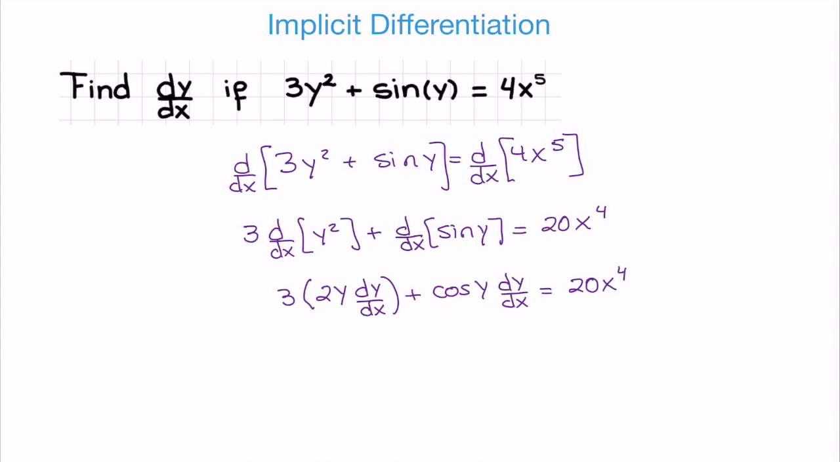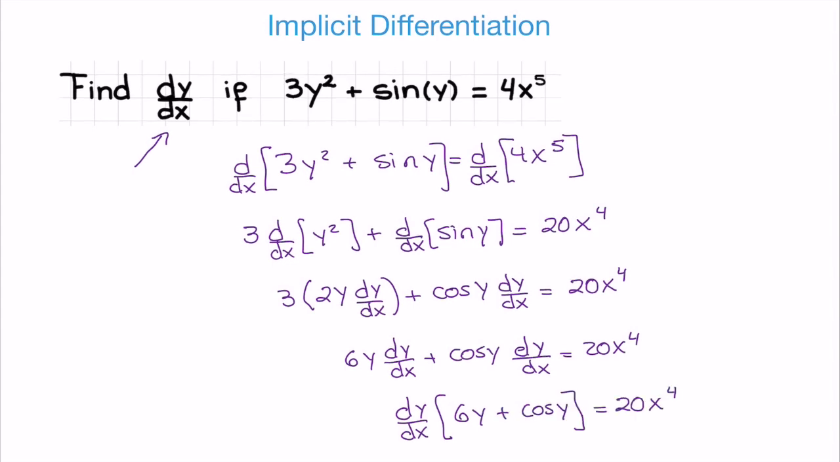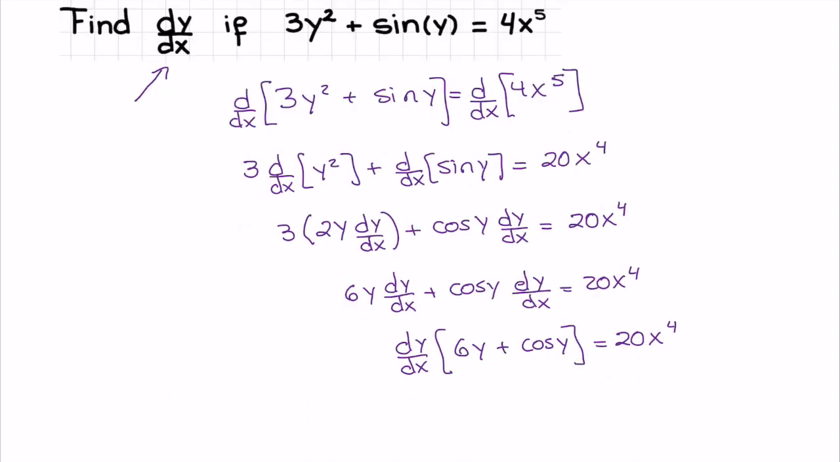Let's multiply the 3 inside. And what is it that we want to find? We want to find dy dx. We can factor dy dx and solve for dy dx, which is what we're looking for. So we get dy dx as a factor of 6y plus cosine y. And now we just divide both sides by 6y plus cosine y. So dy dx equals 20x to the fourth power over 6y plus cosine y. And that's it. That's dy dx, the derivative of y with respect to x. And notice it's in terms of x